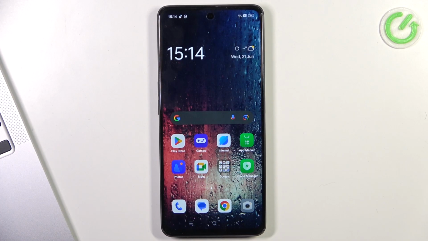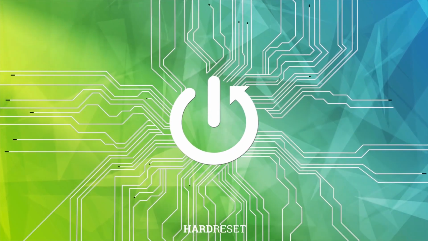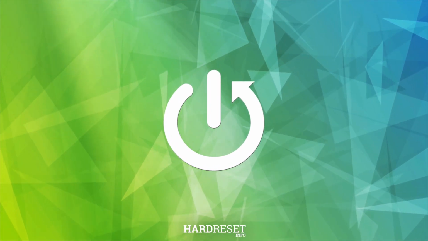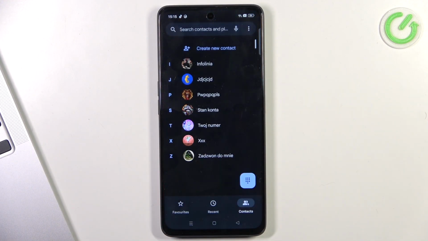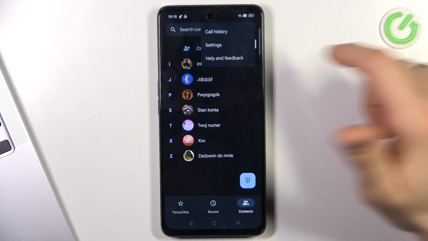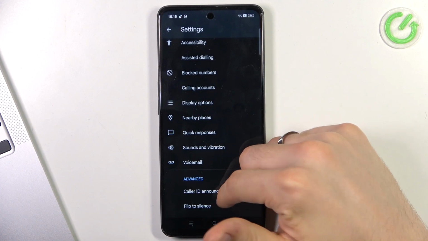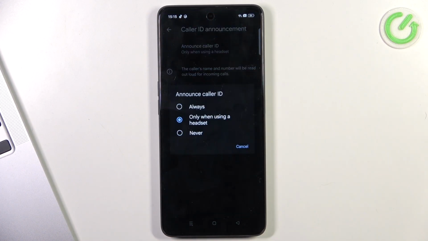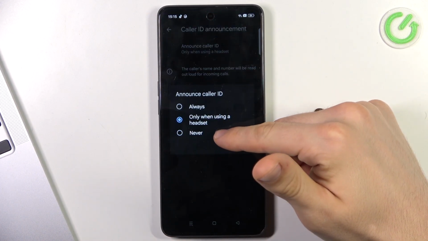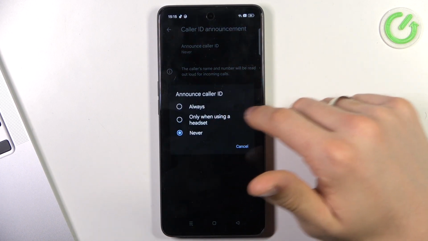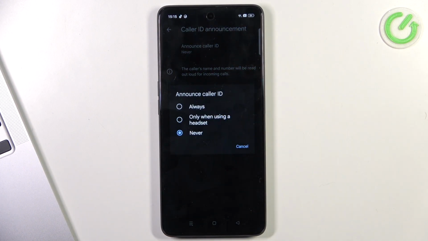In front of me is the OPPO F23, and now I'm going to show you how to set call ID announcement on this device. First, you need to open the phone application, click on the three dots button, choose settings, and scroll down to find call ID announcement. Click announce call ID, and here you can choose never, so it will never announce the call ID, and always, so your smartphone will always read out when someone calls through,